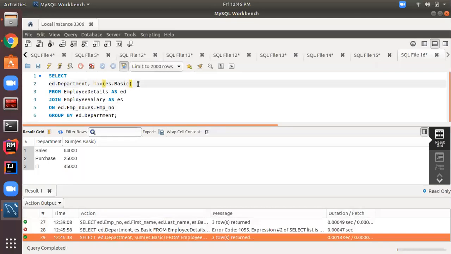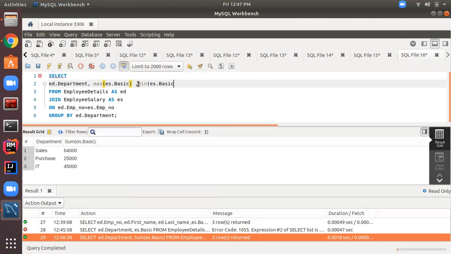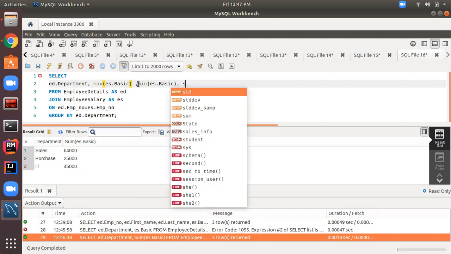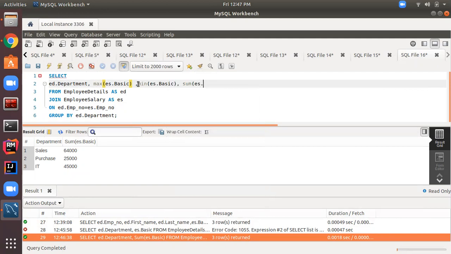And if we want minimum salary as well, then we can use another function, min, es.basic, right? And if we want sum as well, then we can use all these functions together, sum es.basic. So let's execute this.